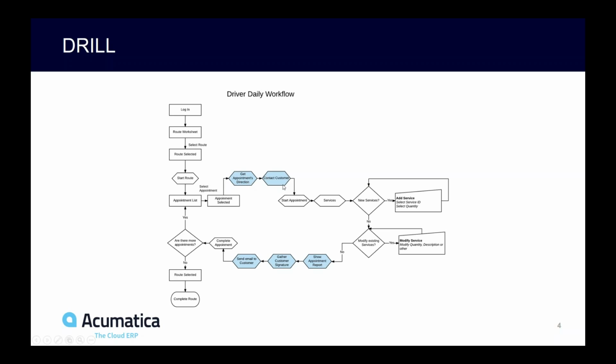Additionally, using new layouts and new buttons, the staff member is going to be able to contact the customer easily directly through the mobile app. When the staff member starts the appointment and adds any additional information to the appointment, like new services or new pickup delivery items, and when the staff member has completed